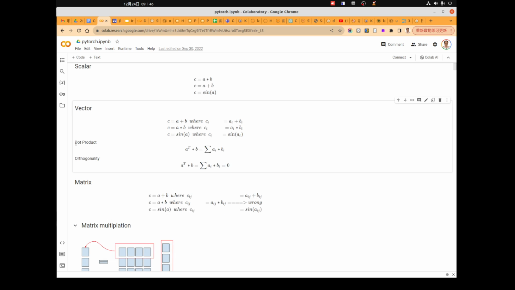You may remember that in linear algebra there's an operation called the dot product. It means that when we multiply a with b, we transpose a and multiply it with b. This is actually exactly the same as the multiplication here.